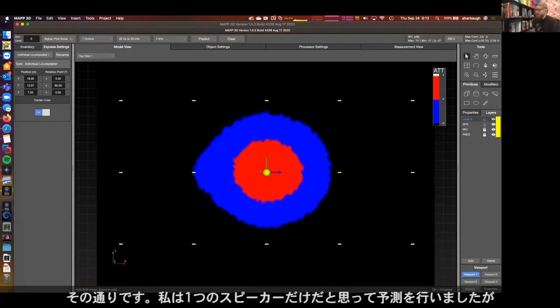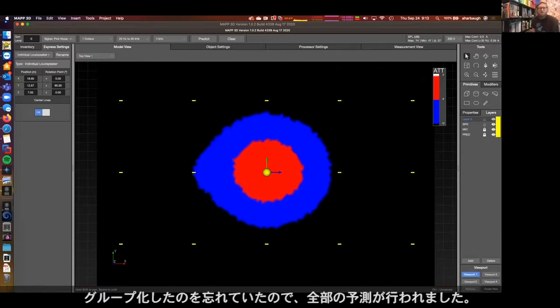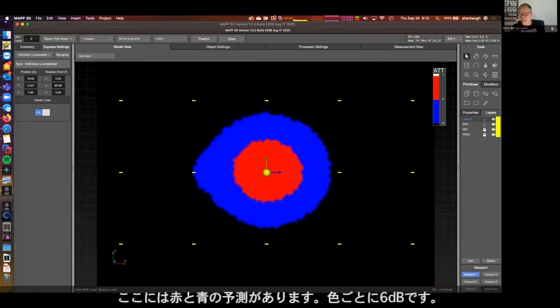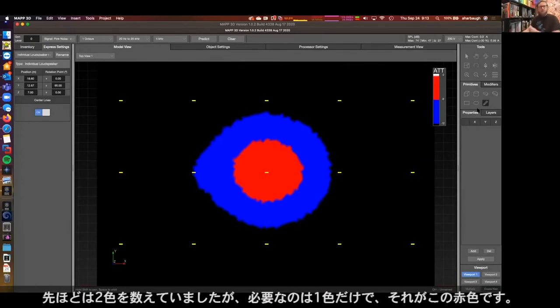That's correct. Yeah, I did a prediction thinking I was going to be one speaker, and I forgot I'd grouped them all. So all of them predicted. So yes, I did just ungroup those to get back to one speaker. So we have the old crimson and blue prediction here. We are at 6 decibels per color. So what we had looked at earlier when we were counting 2 colors, we only need 1 color, and that's